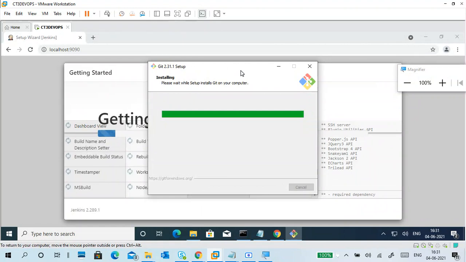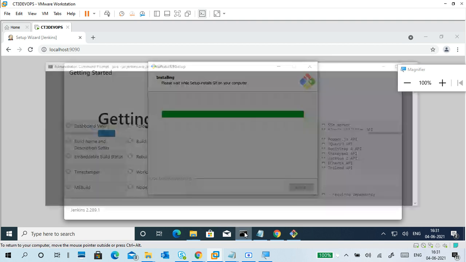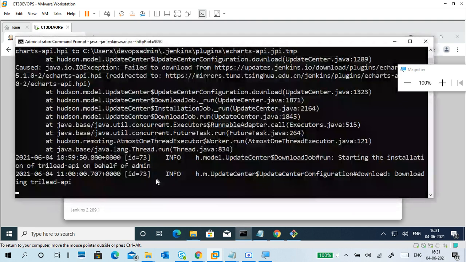A 4 GB virtual machine is this low, and I'm running things in parallel, so it takes time. Why is it not moving? Oh, okay, it got some error.